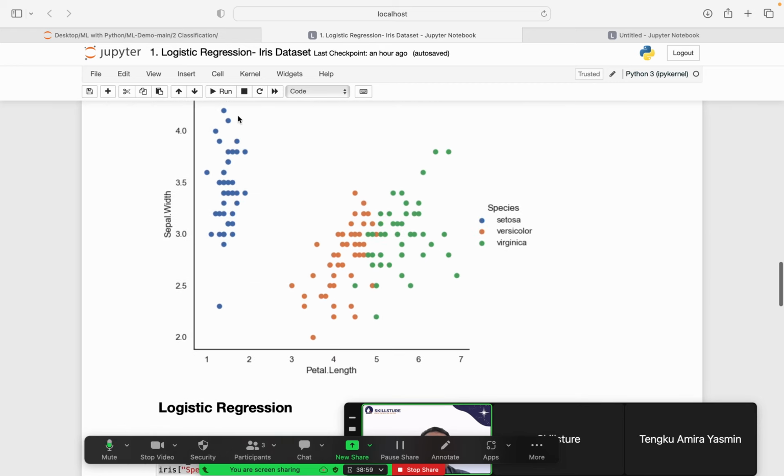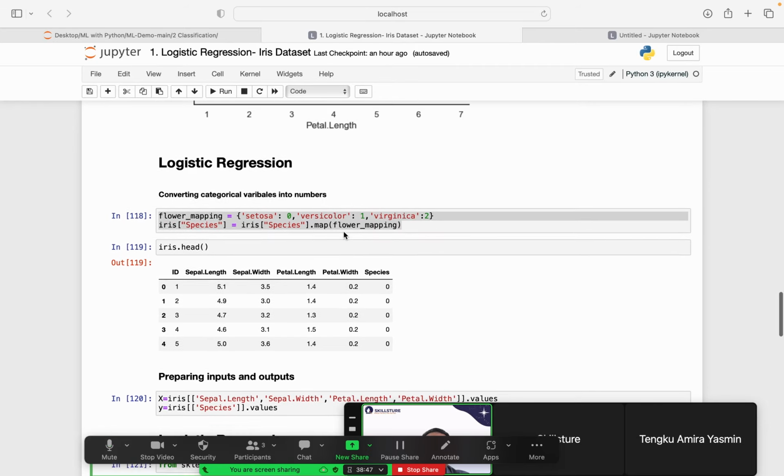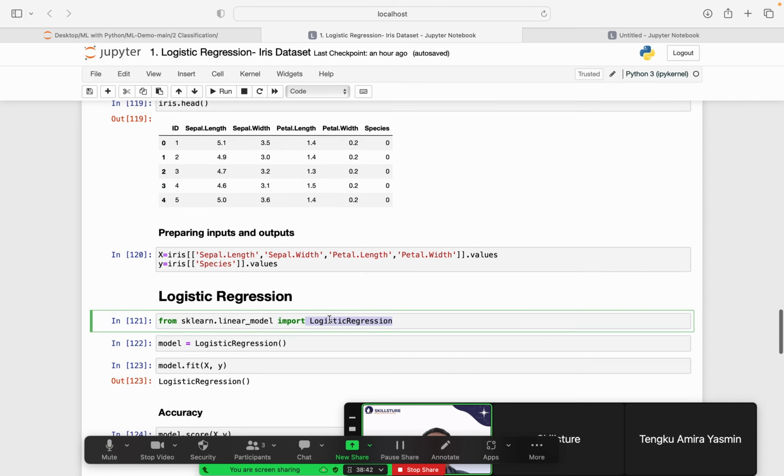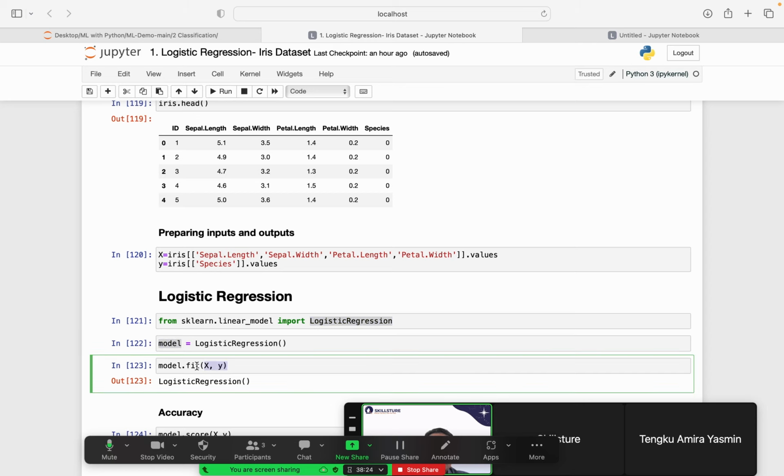Why? Because as you can see here, the data pattern for Setosa is quite linear. We have the same pattern, so we can use logistic regression. We apply the library sklearn.linear_model, and under this library, under this model, we can try to fit